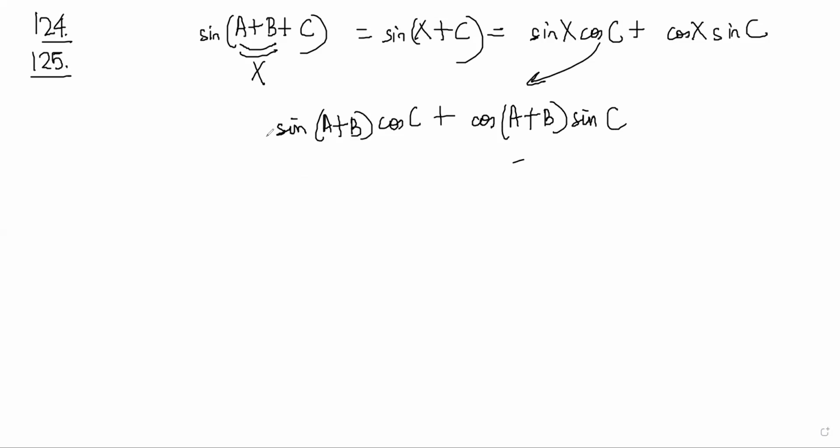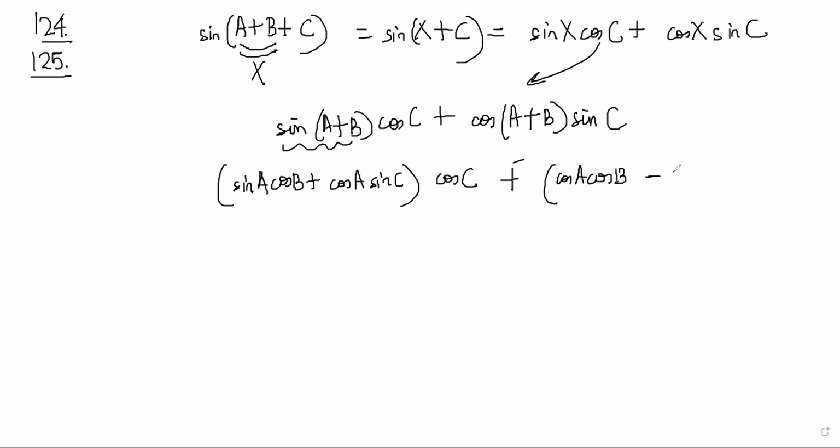Correct? Yes, sir. And now expand sin(A + B) itself. It will become (sin A cos B + cos A sin B) multiplied by cos C plus, expand cos(A + B), it becomes (cos A cos B − sin A sin B) multiplied by sin C, right? Yes, sir. So when you multiply it out, you get an answer which has 4 terms: sin A cos B cos C, sin B cos A cos C, cos A cos B sin C, and −sin A sin B sin C, right? Yes, sir. So you don't need to remember it. You just need to know that I can always do this, right? You can find out the formula whenever you need, right?